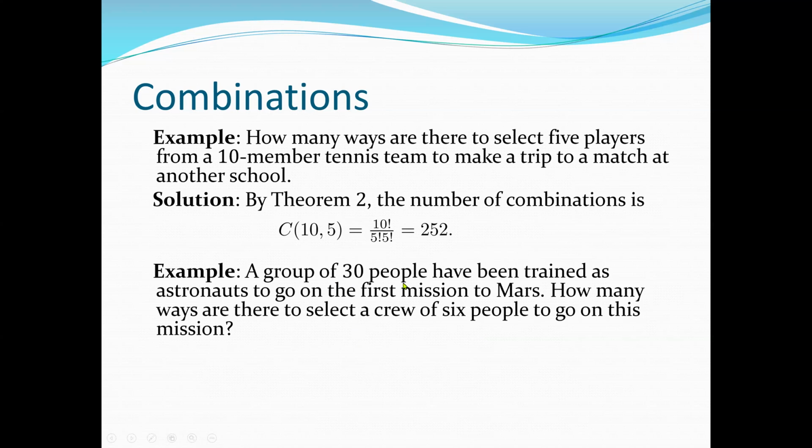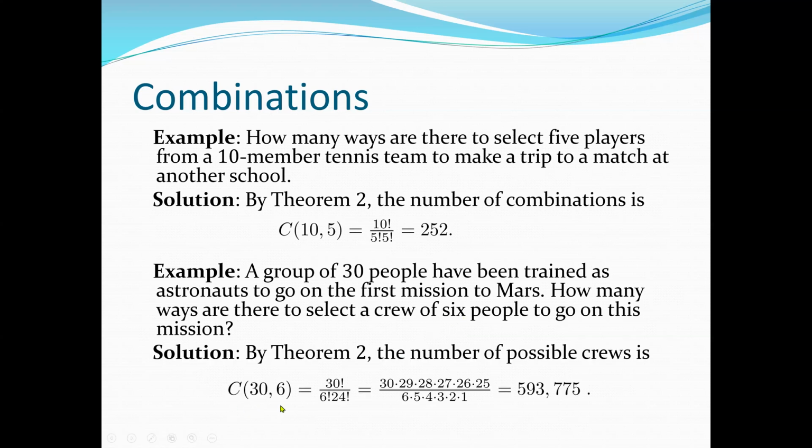And the next question: a group of 30 people have trained as astronauts to go on the first mission to Mars. How many ways are there to select a crew of 6 people to go on this mission? So we know the total number of people is 30, and we want to select 6 at a time, and we want to know the possible combinations. So again, this will be C(30, 6). 30 is our N, and 6 is our R. The formula is 30 factorial over 6 factorial times 30 minus 6 factorial, which is 24 factorial. So the highest is 24. We can open the 30 factorial up to 25 times 24 factorial. The top 24 factorial will cancel the bottom 24 factorial. 6 factorial will give me 6, 5, 4, 3, 2, 1. So we can do our cancellation and multiplications, and our final answer will be